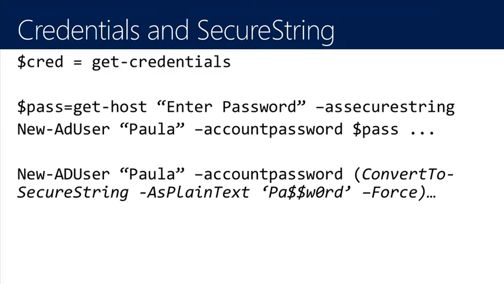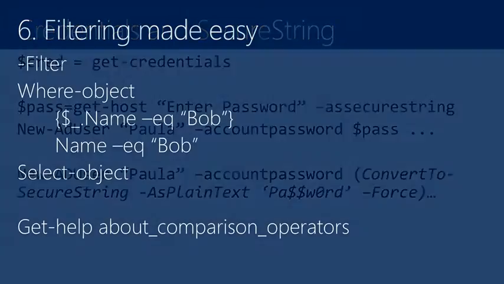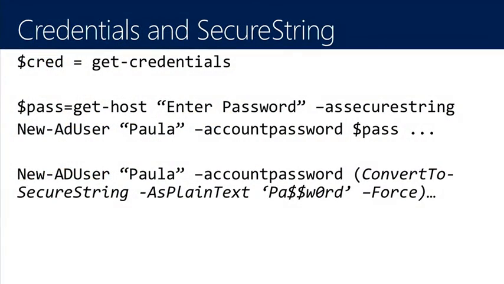Or here's the third one. This is what I was doing before, on the fly. Great for the import CSV. Convert to secure string as plain text. So there are a couple gotchas on this one. If you want to use it, convert to secure string, store it as plain text for these PowerShell commands, and then there's the password, use a for switch on there, and then the rest of your options in that command. So again, they're not terribly hard to do once you know what the syntax is, but finding this stuff, that's one of the things that takes a little bit of time.